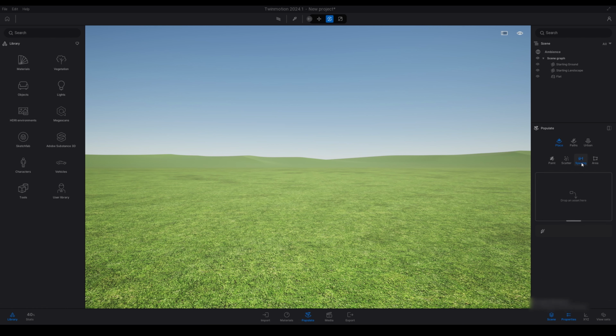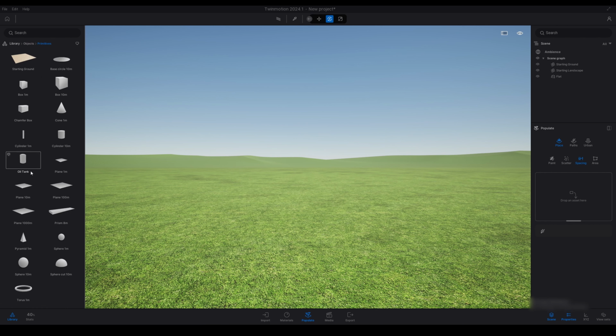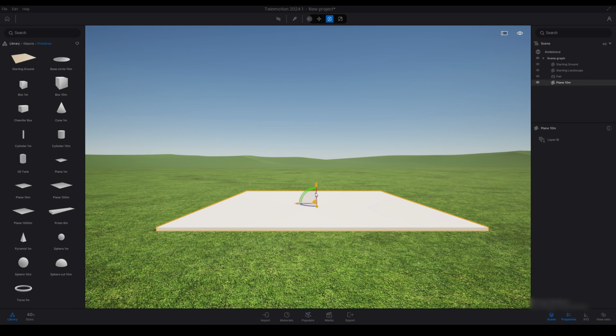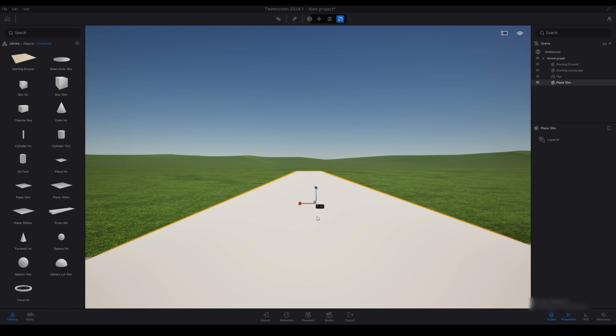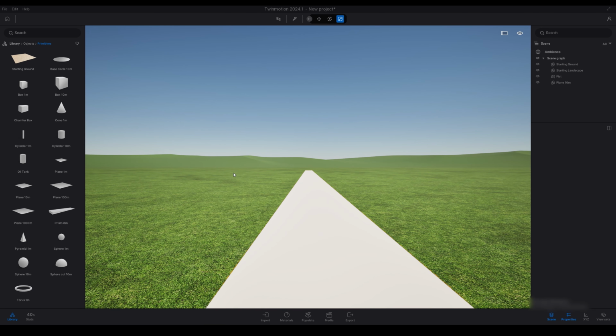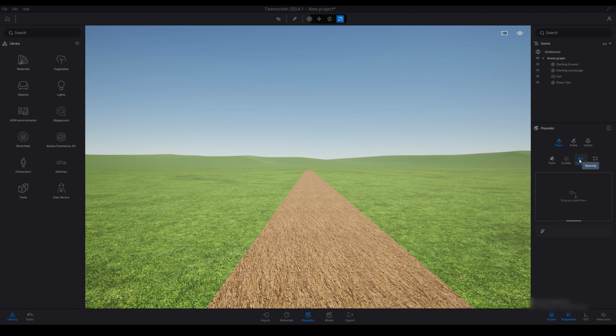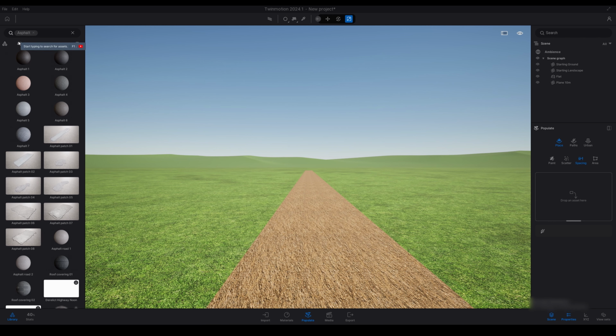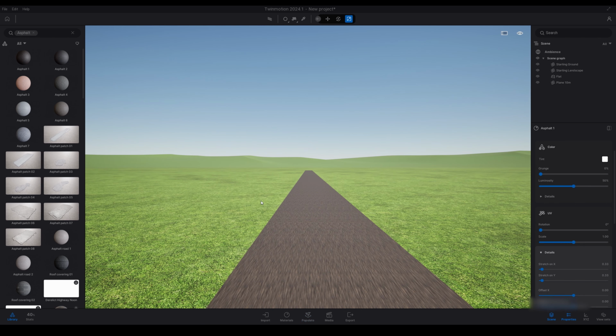So before we go and select spacing, I'm just going to go to objects and select a primitive. I'm just going to select the 10 meter plane, place that. I'm going to scale it down. Just going to extrude it out a bit. That's going to be my road. So I'm just using this as a demonstration on how I'm going to be using the spacing. So yeah, I applied a dirt material to this road, but it doesn't look great, so I'm just going to go up and apply an asphalt to the road instead.